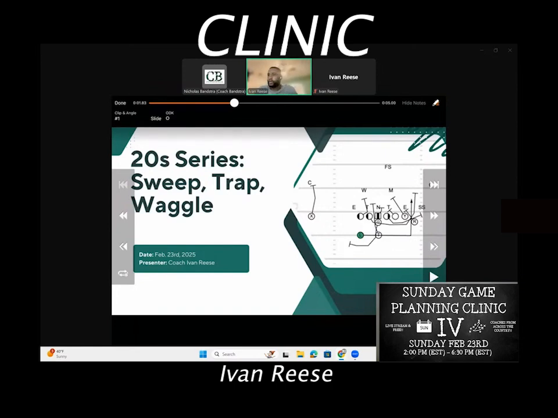So I'm just going to start by giving a brief overview of sweep, trap, and waggle, which is a play action that we run. And before I get into each one, I just want to explain what 20s means. So essentially, it is